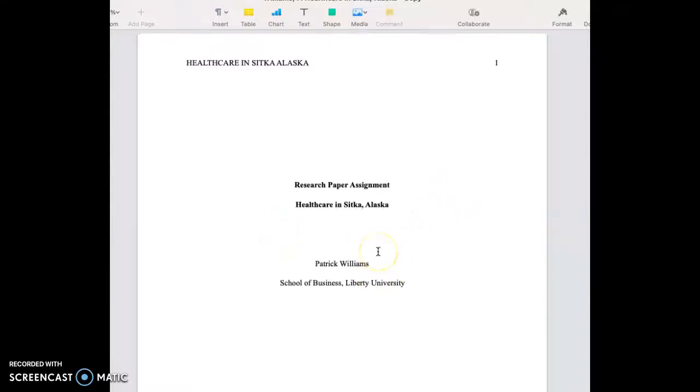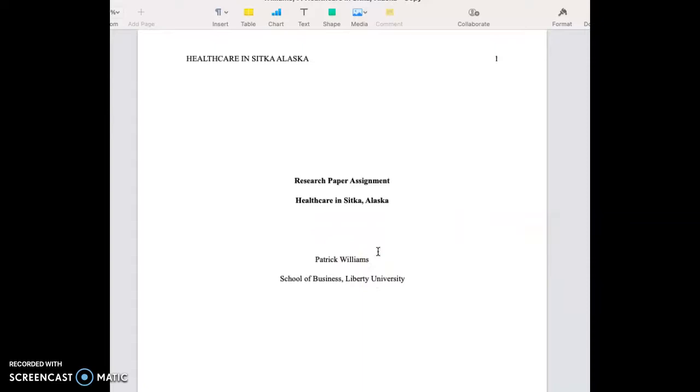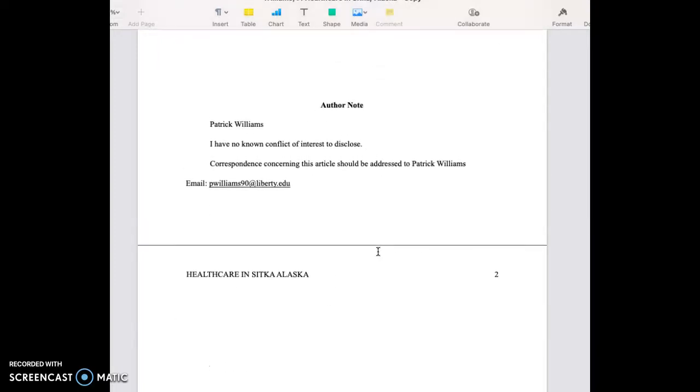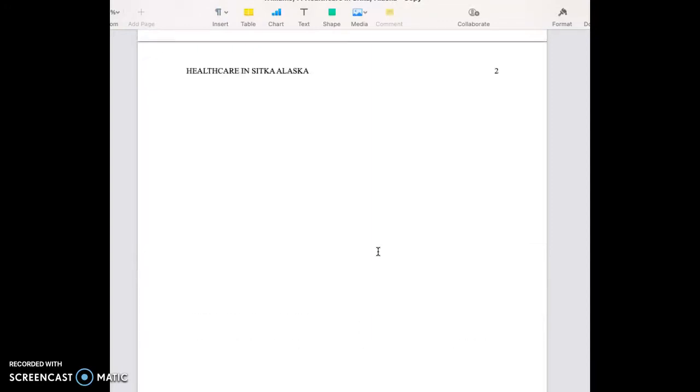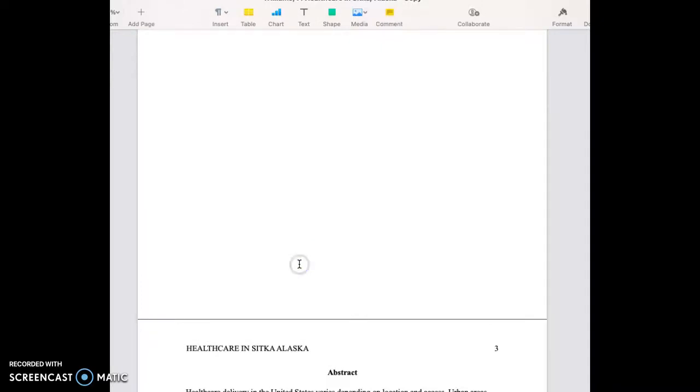I told you that I would bring up some information related to the upcoming APA paper, and I'm using a sample paper that I wrote for school that might be helpful for you in your process. This actually is a little off. When I submitted it in